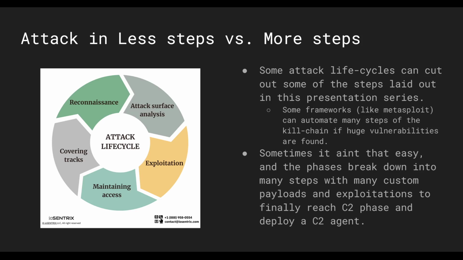How do you represent a successful phishing campaign versus a point-and-click Metasploit attack, where you can do everything from 0 to hero? Well, it wouldn't be hero in this case, but 0 to compromise, 0 to actions on objectives, all through the